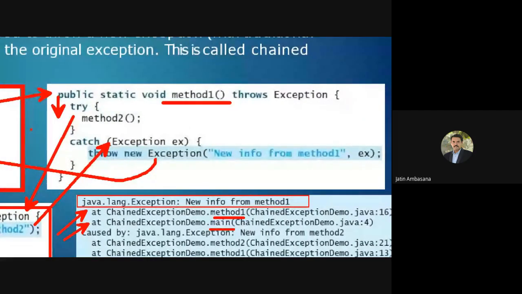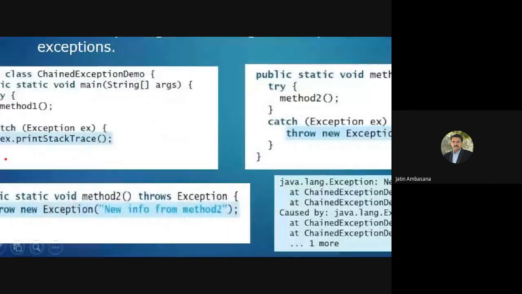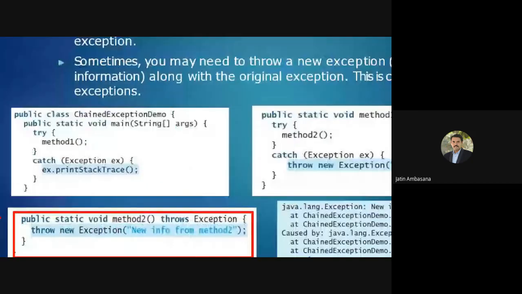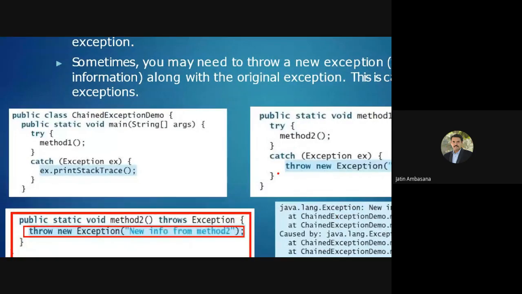Got the point? Why is method 2 not shown? Can anyone say? Yes. See, because method 2 throws an exception which already got caught inside catch. So if the exception gets caught, it means the exception has been handled. Now there is no need of throwing it again.